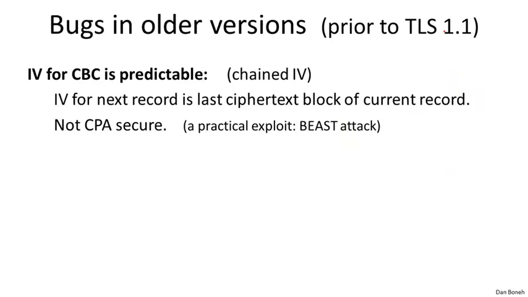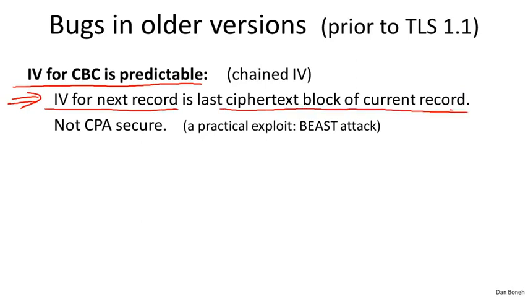What I showed you so far is called TLS version 1.1. It turns out that earlier versions of TLS actually had significant mistakes in them, and as a result, the earlier record protocol is vulnerable to a number of attacks. The first mistake is that the IV used in CBC encryption is predictable. And we said earlier that in CBC, if the IV is predictable, then the resulting CBC encryption is not CPA secure. Well, in this older version of TLS, TLS 1.0 and earlier, the IV for the next record is simply the last ciphertext block of the current record. And as a result, if the adversary can observe the current record, he knows the IV for the next record, and that will allow him to break semantic security of the next record.